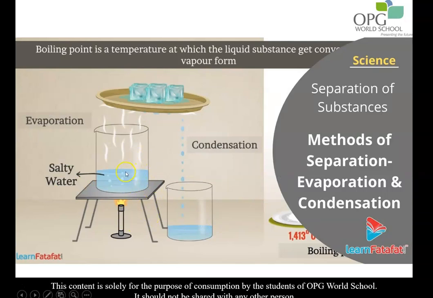This is a process by which we can get back both the liquid and the solid after separation. So we have to heat the salt water. We know that only the water will form vapors and will go up. As it rises up, it strikes a cold plate because we have kept ice on it. And as you know, on cooling, the vapors will again form back into water. So by doing this method, that is evaporation and condensation, we are getting back both the solid, which will be left behind, and the liquid.